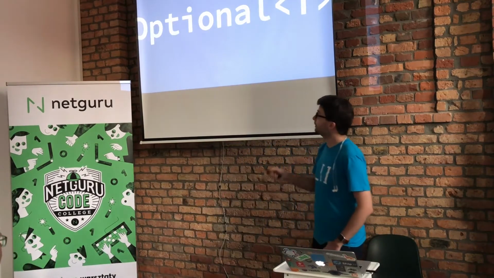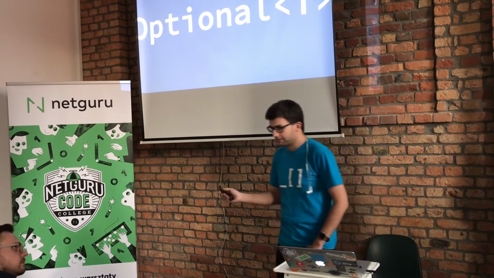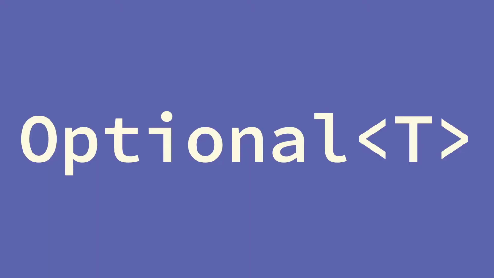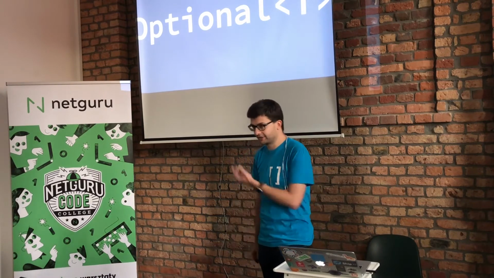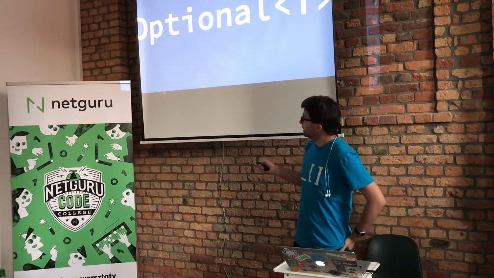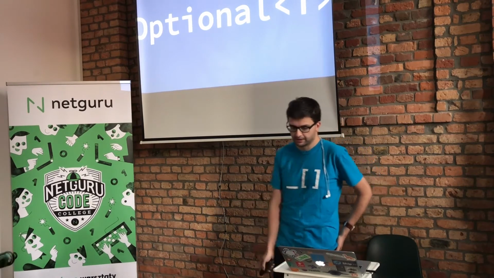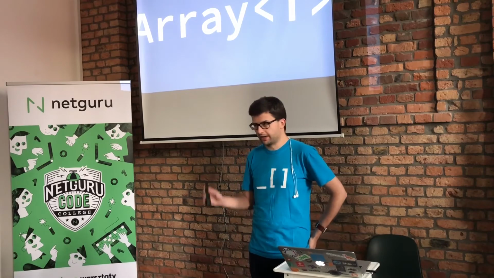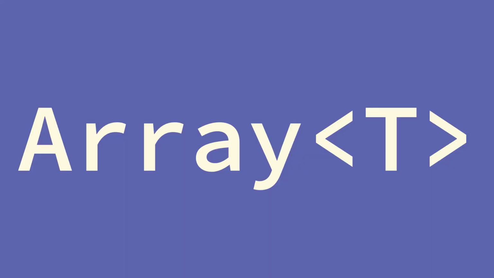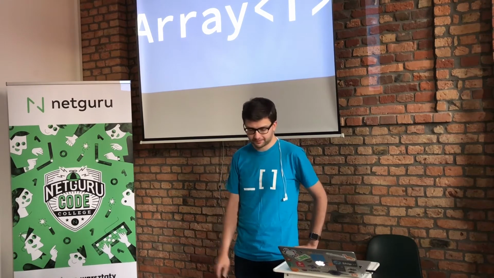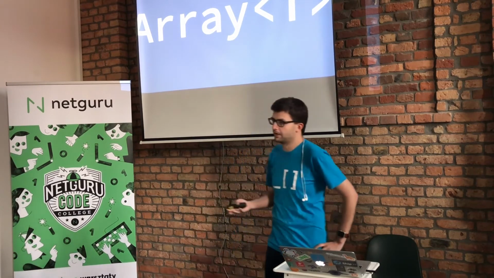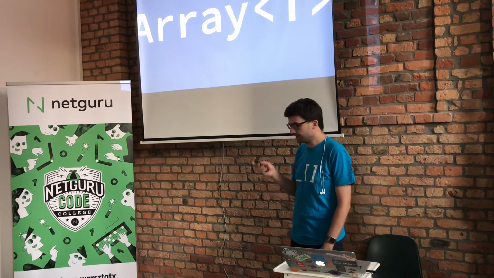Let's see the example. The most well-known container type of all, optional. Optional is providing one simple meaning. There is a value or there is no value. So there is either 0 or 1 value in the container, right? And the optional is actually storing this value under the hood. That's why it's a container. Array is very similar. It's just encapsulating some other concept. There might be 0, 1, or many values. So, of course, array is also storing the values. And it gives the meaning that there might be many values in this particular part of your application.